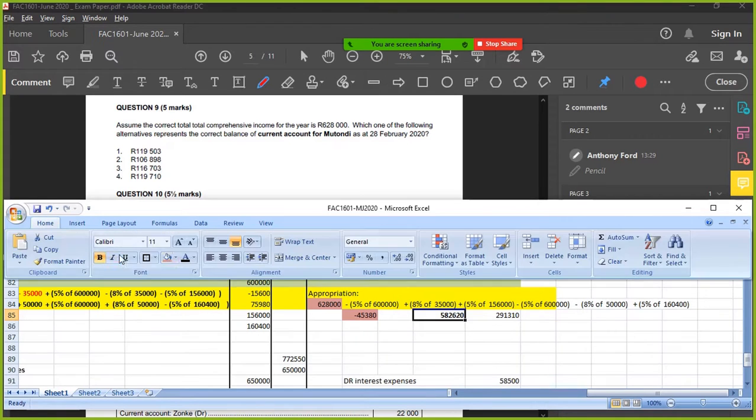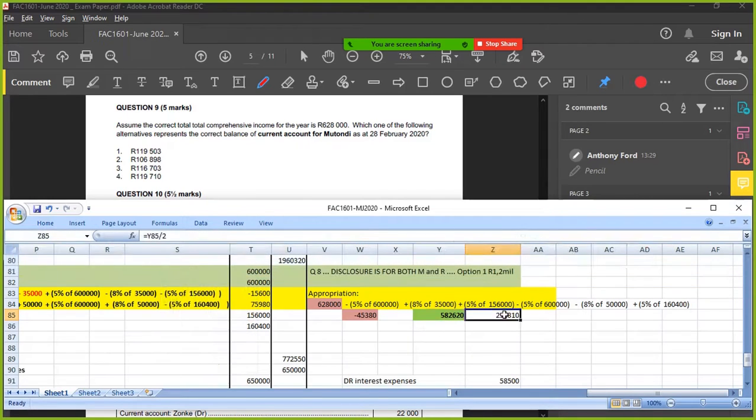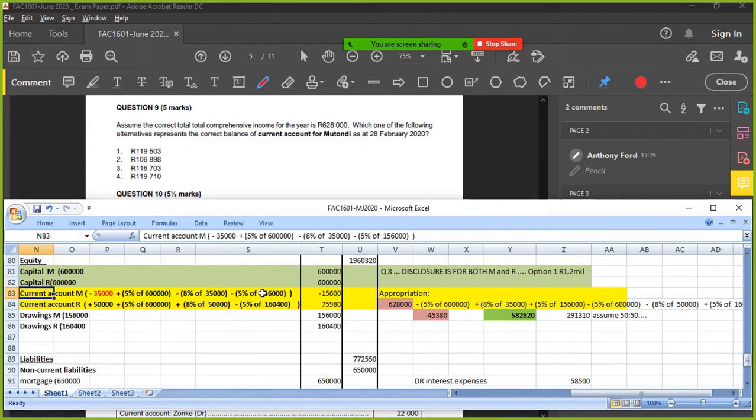Gives me this, which I'm going to appropriate. Okay, assume 50-50. If I divide that by 2, I get that. Then I've got to update those figures. M's account, this account will have a plus that figure. And this one will have plus that figure. Right, so I'm getting